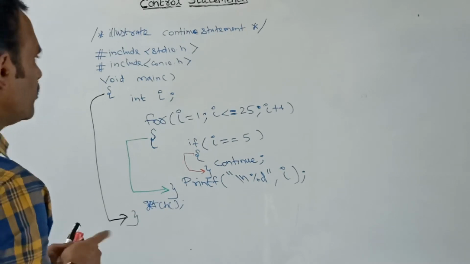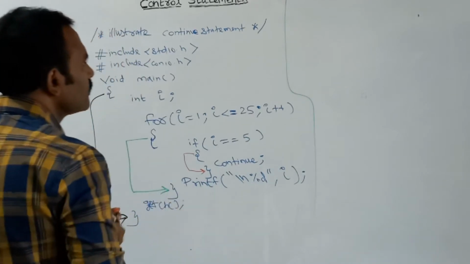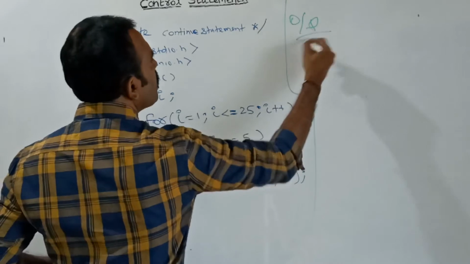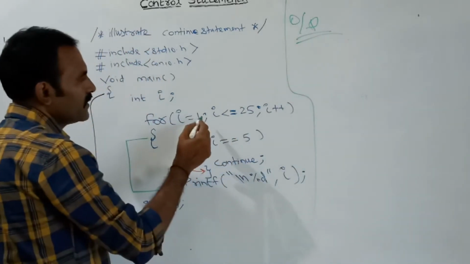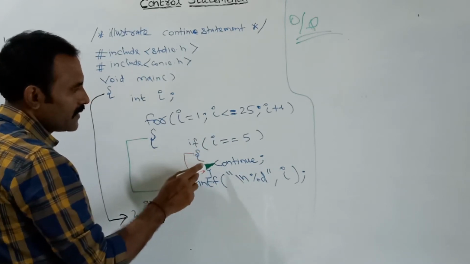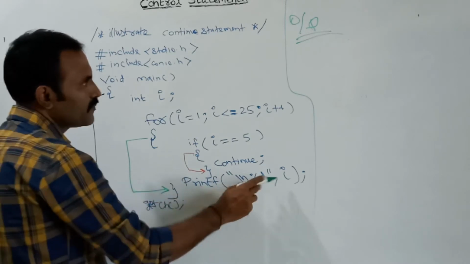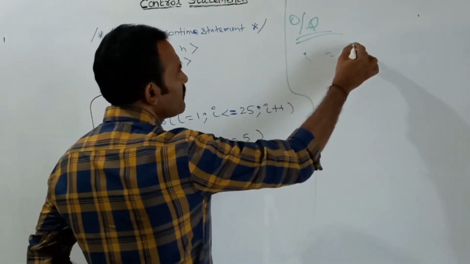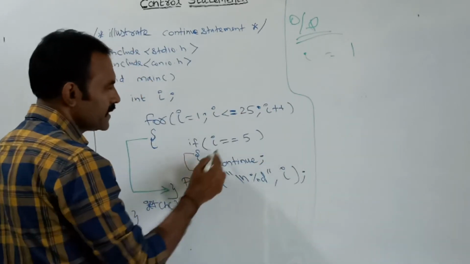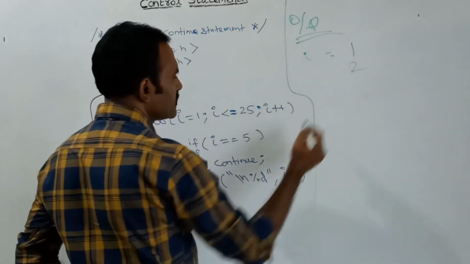Now, while executing this program, here is the output. When I is equal to 1, after checking the condition, it comes inside. I value is not equal to 5, so it comes here and will print the value of I. What is the value of I? The very first one. After incrementing and checking the condition, it comes inside, this condition is also checked, and then I will be printed. Now the I value is 2.